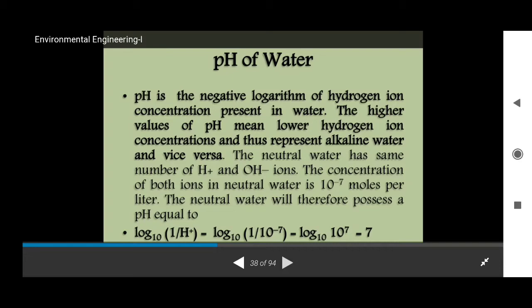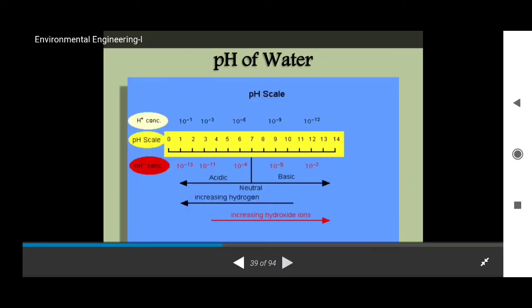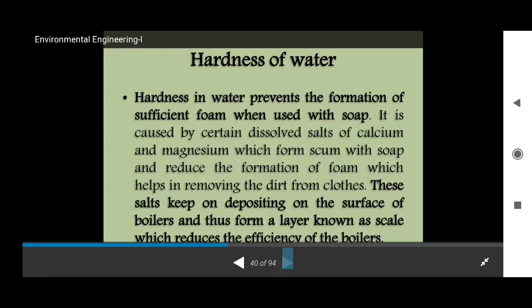I have already told you that the wastewater entering a system is called influent. The treated wastewater that is coming out of the system is called effluent, right? So whatever the type and properties of the influent coming inside a treatment system, we have to make sure that the effluent satisfies the pH conditions, right? For that, pH can be measured in the lab, and also by a pH probe, right?